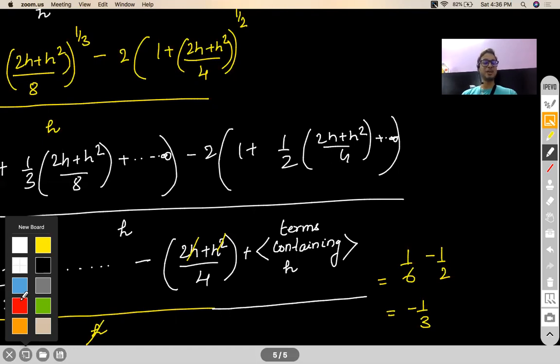So you should be aware of your other methods also. You should be aware of your expansions, your standard formulas, your identities. Many people say, oh, I know L'Hopital, I don't have to worry about anything in my life related to limits. No, sometimes L'Hopital can be lengthy. It can take double time to solve it.